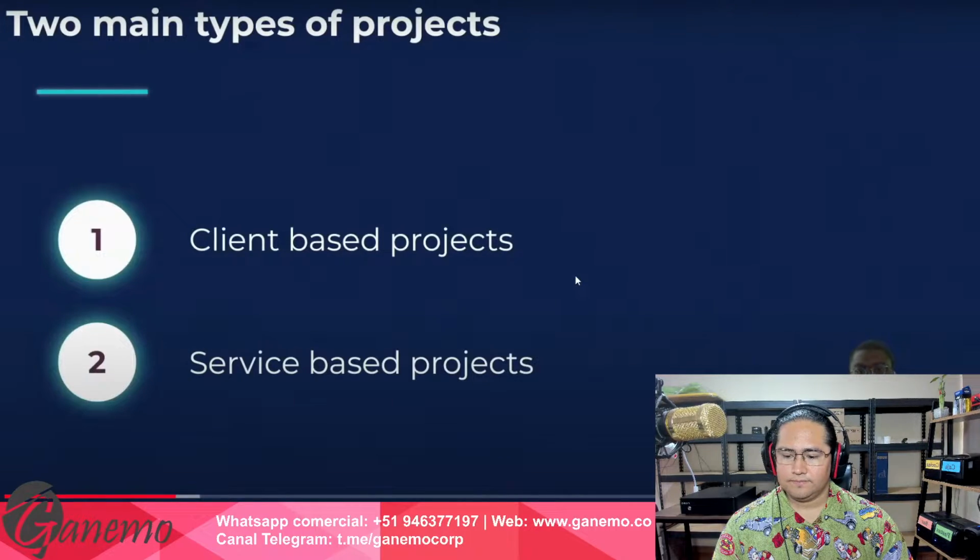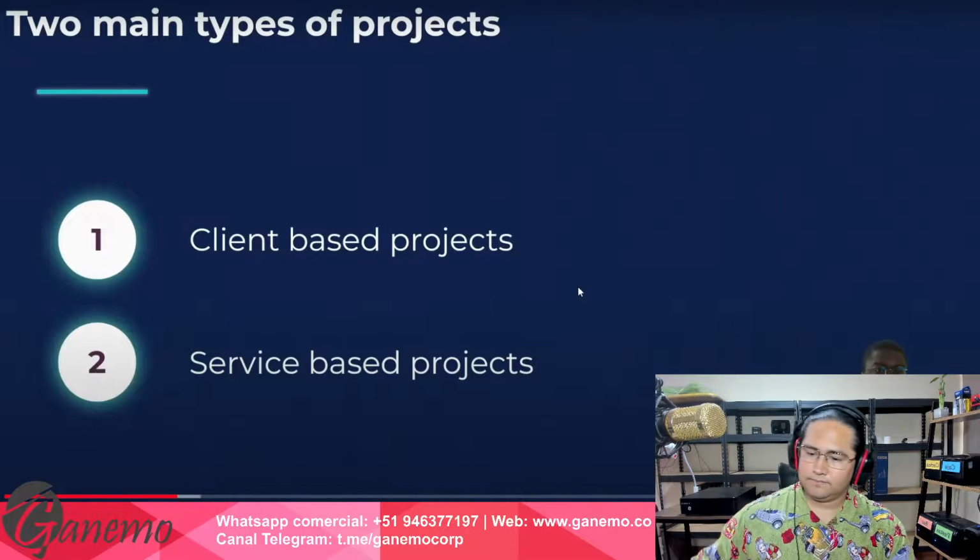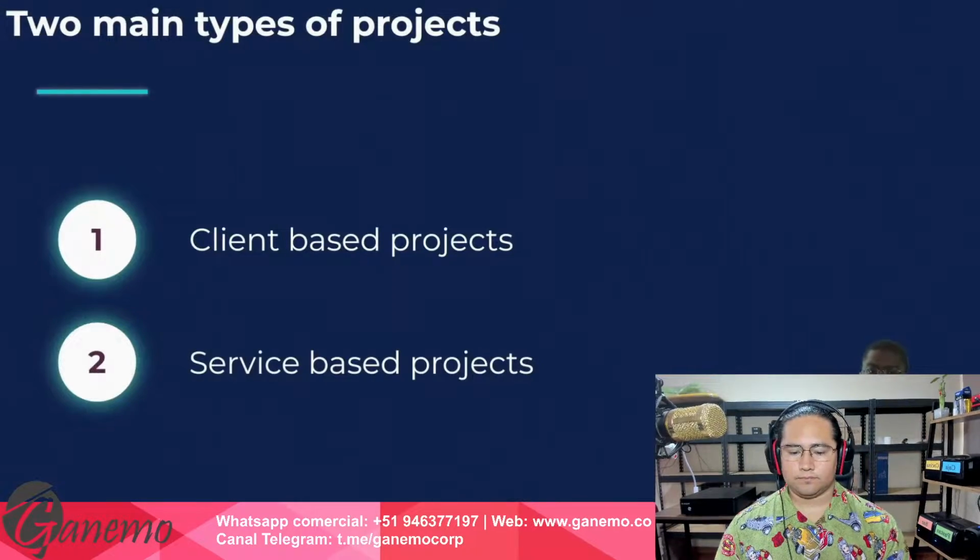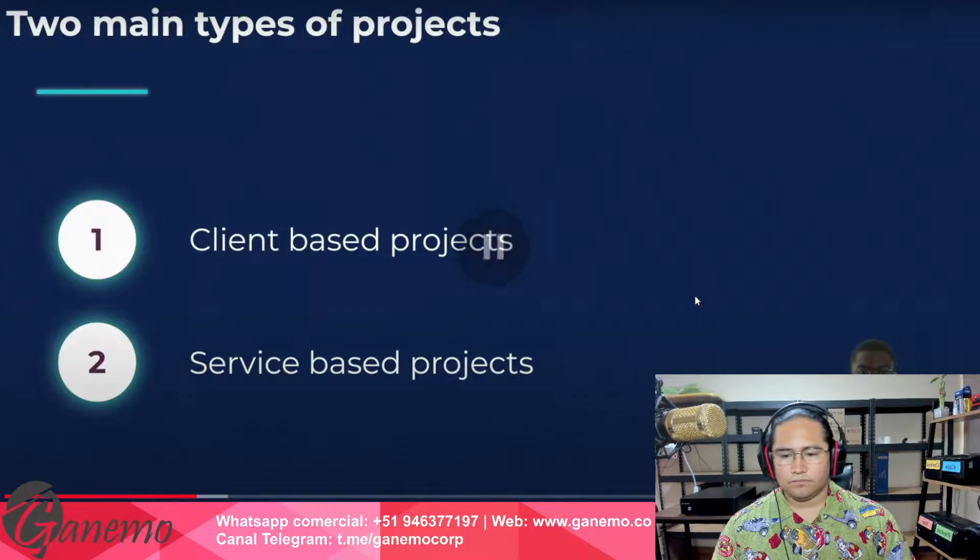From A to Z, which is what we call a client-based project. It's a long project with different tasks, a lot of employees working on it as well. That takes time, of course. The second thing is, for example, even though I'm a wedding planner, sometimes they just ask me to do photography, or sometimes they just ask me to do one specific task, which is one of my services. If that is the case, the project will be done differently, where you will have every one of your clients within the same projects, but you can move those around quite easily there.